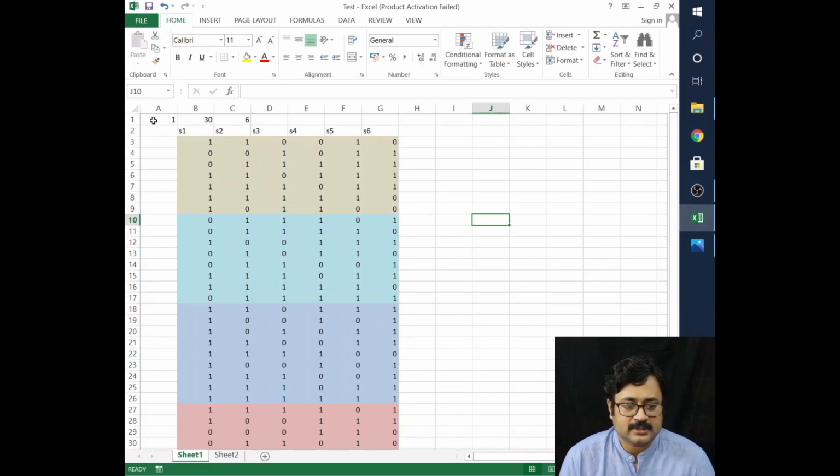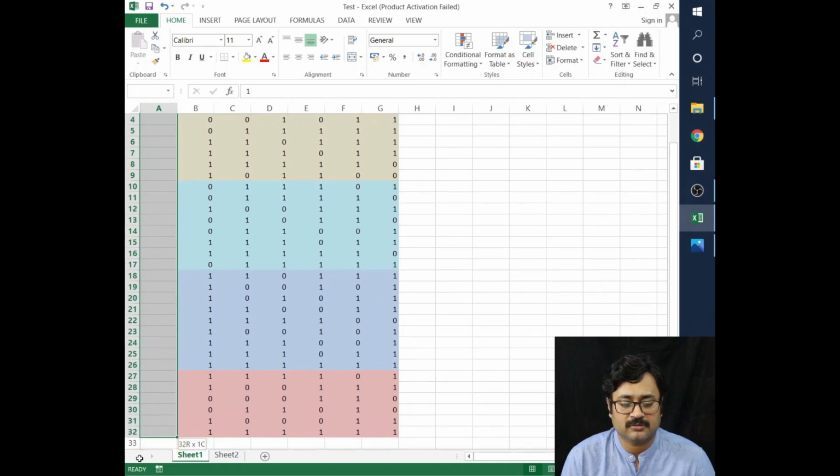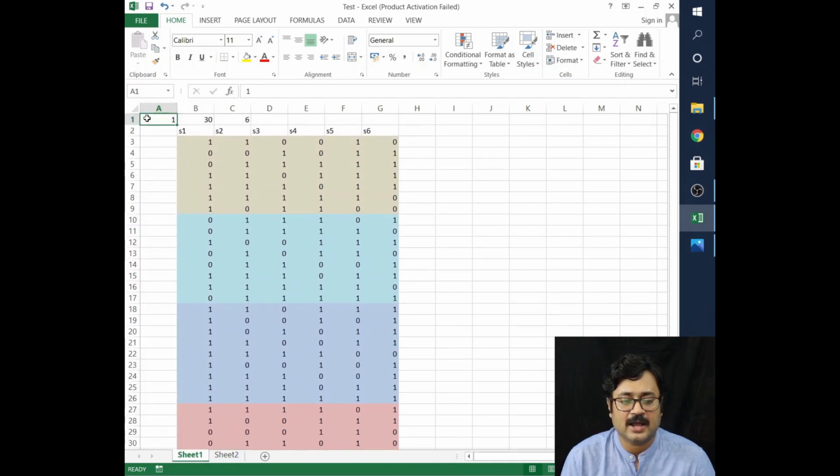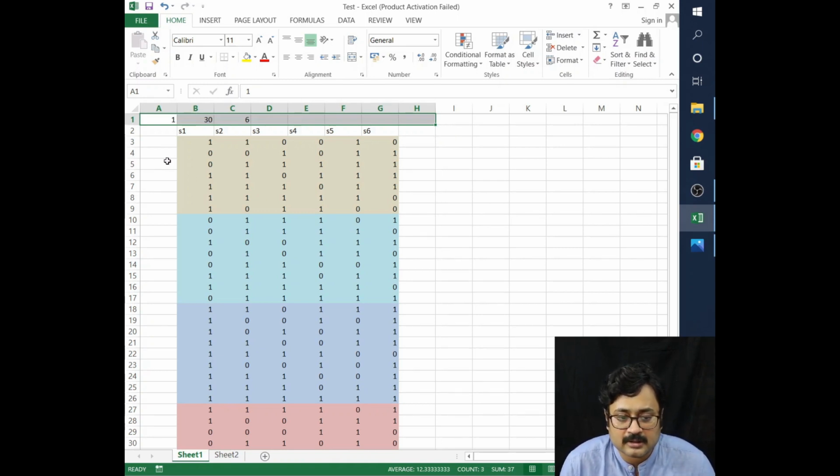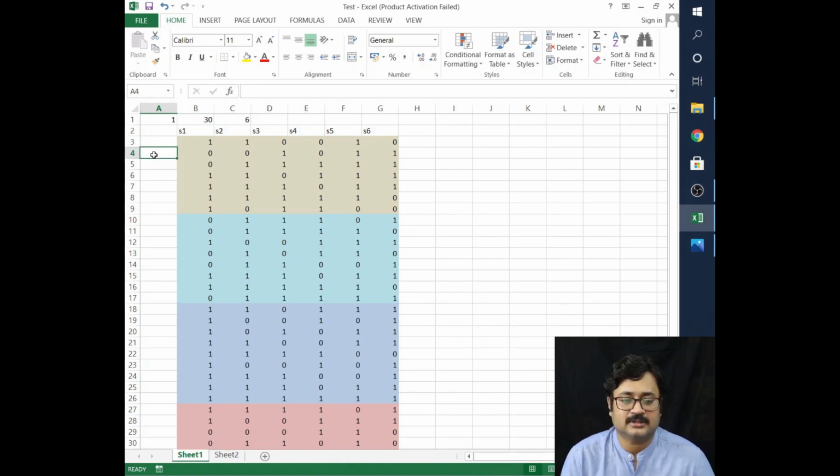Now as you can see, when I have written down the data here, I have kept this particular column free. There is nothing I have added here, and also this particular column free. The reason behind that is, when I am importing the data from Excel, there is a particular nomenclature. Using that particular nomenclature only we have to write the data or create the data set, so that when we transfer the data into the software, the software gets to recognize the data.